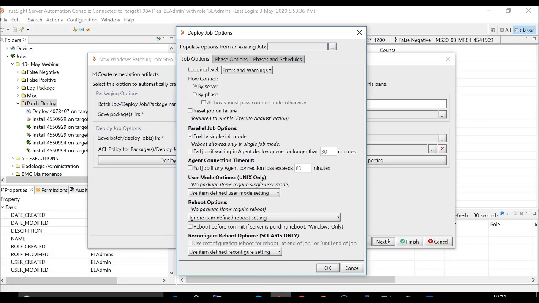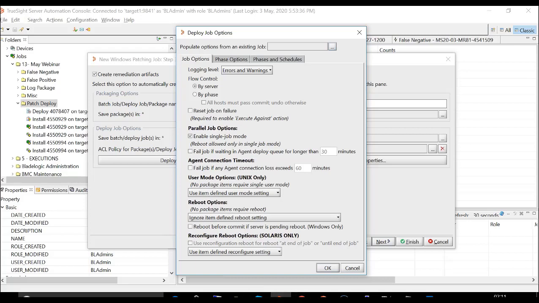So in case there are 5 servers in our deploy job, it will first complete simulate on all the 5 servers, then stage, and then commit. Now this option is useful when you want a deployment to be completely successful, such as when you are updating a web-based application. So this is where you can use this phase option.